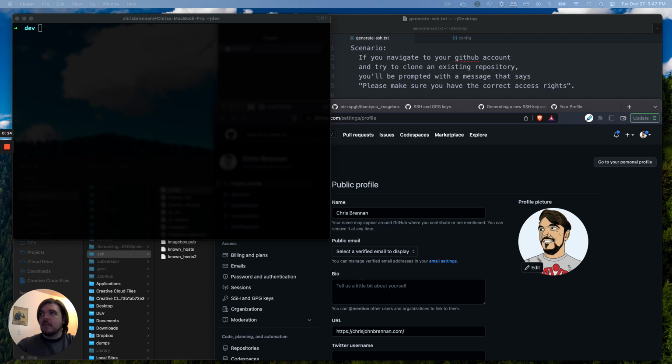I have to connect to my GitHub account, and I'm dusting off the cobwebs. I've been using Bitbucket for the last 4 years. My new job, we're going to be using GitHub. So I'm going to be setting up an SSH key, and yeah, so how do you know if you need to set up an SSH key? So go to your GitHub account